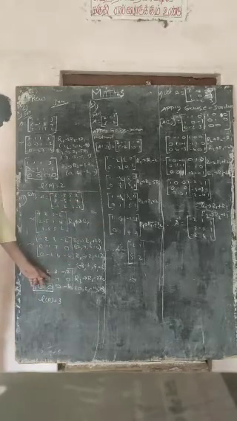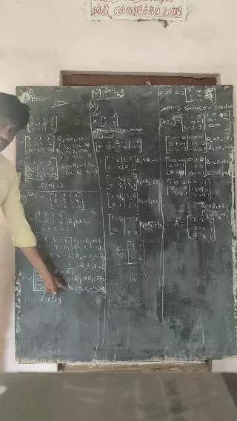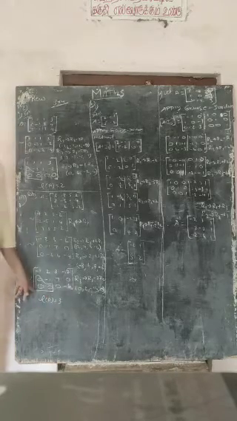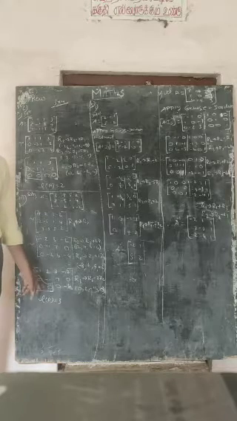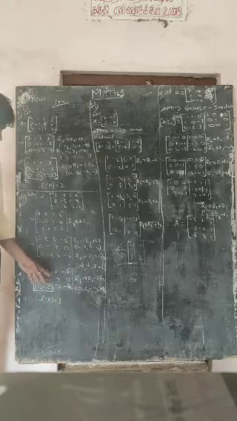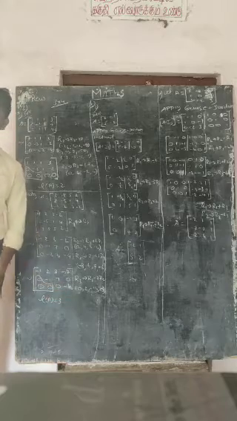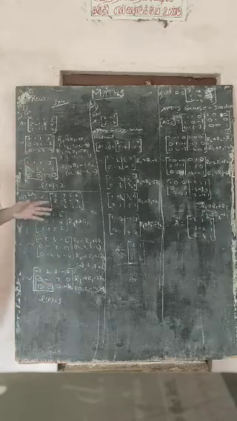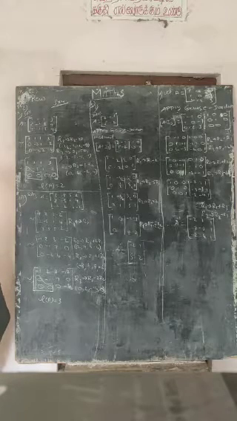Here 1, 2. In the last row, you can see the number here is a minus 4. So this row will be a non-zero row. It's not a zero row. This is a non-zero row. So we decided the rank of A is equal to 3. Okay, so this is the method to find rank by using the row reduction method.